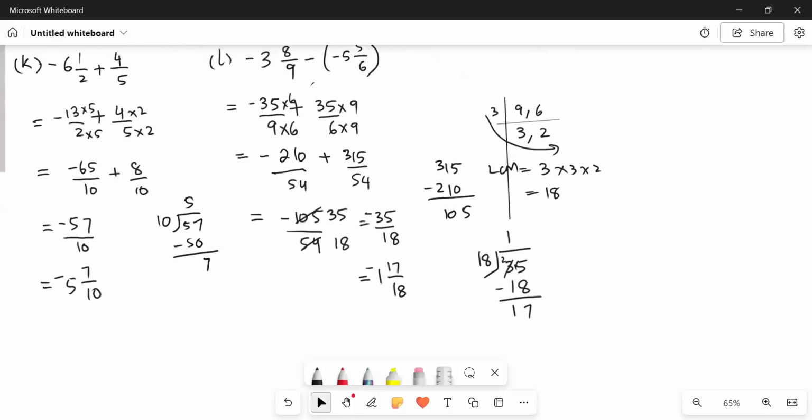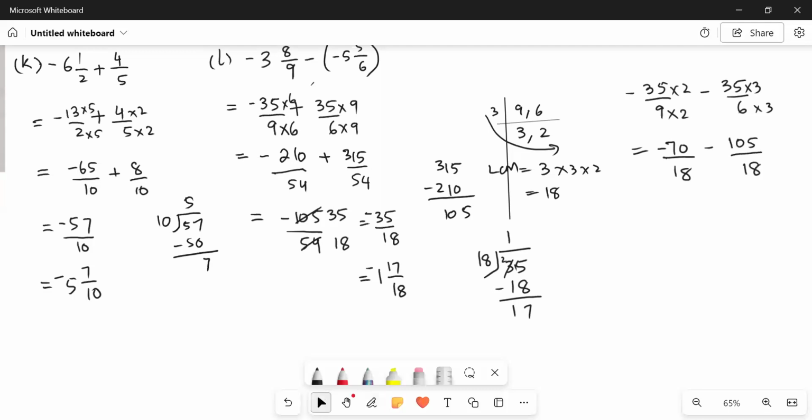Or we can solve it using this LCM. That is, we will not multiply the denominators with one another, but we could multiply the denominators by a cofactor that turns them into 18. That is 9 by 2 and 6 by 3. And similarly, their numerators with the same numbers. Why? You'll see. 35 into 2 is equal to 70. It would be minus 70 upon 18. Minus 35 into 3 is equal to 105 upon 18.